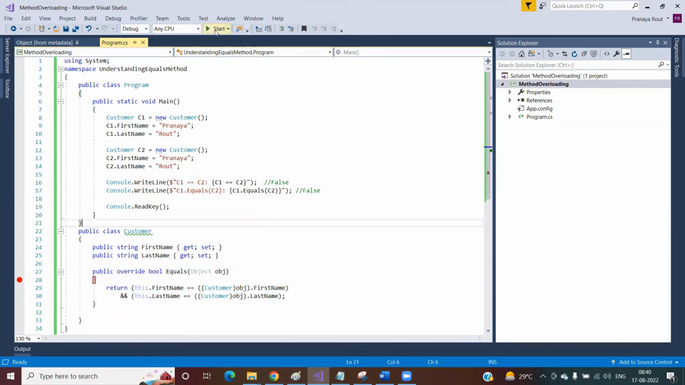In line number 16, we can also directly check using the class name dot object name like this, writing that statement. But the thing is that if you are using this customer class at many places,